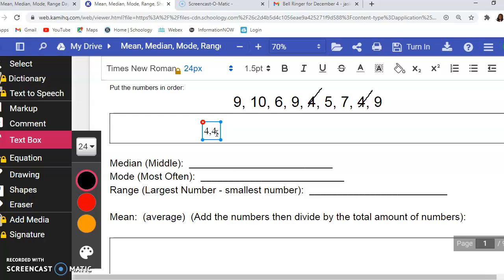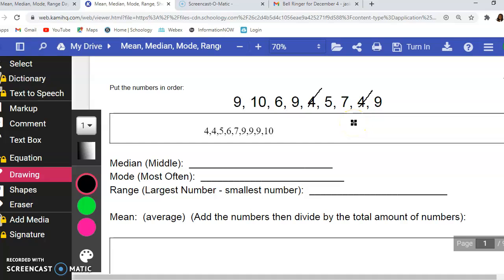The next number is 5. Hopefully I won't miss any. The next number is 6. And next is 9, 9, and 9. Just in case you can't see everything that you use, and 7, see there. If you can't recognize all of them,